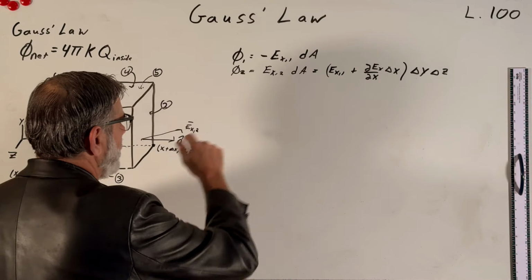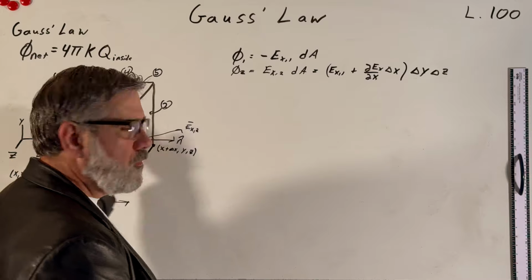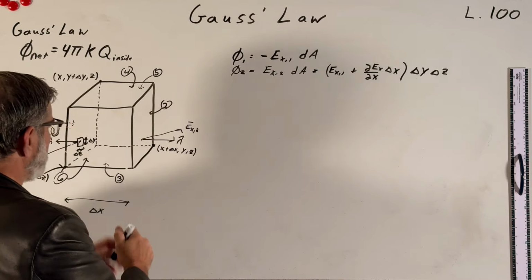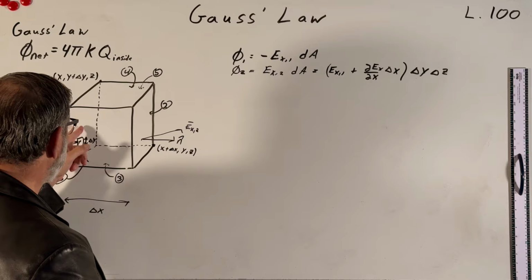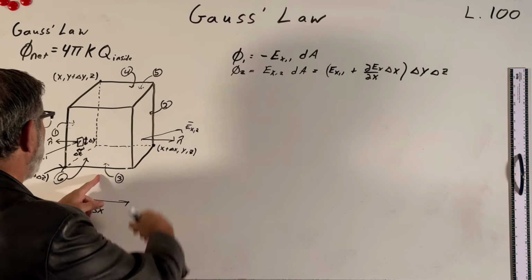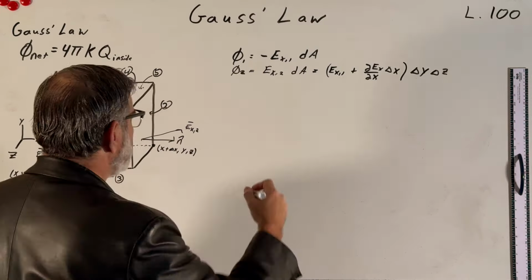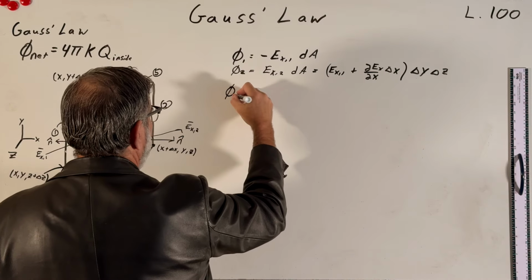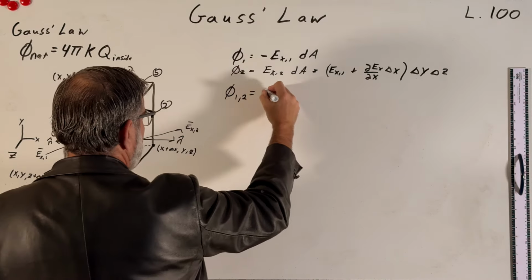Okay, so that's the flux through phase 1, that's the flux through phase 2. Now I want to get the net flux through both phases. But I want to pair them up, right? Because it doesn't make sense to pair this phase up with this phase. We really want to pair phase 1 with phase 2, phase 3 with phase 4, and phase 5 with phase 6. Okay? So we'll call it the net flux 1, 2, which is just the sum of these fluxes,